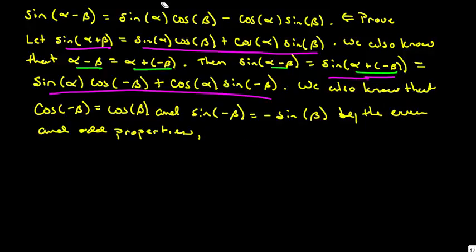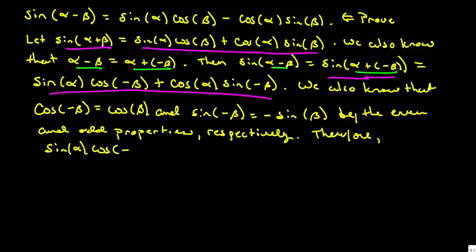Let's write that out a little nicer. Therefore, sine alpha cosine negative beta plus cosine alpha